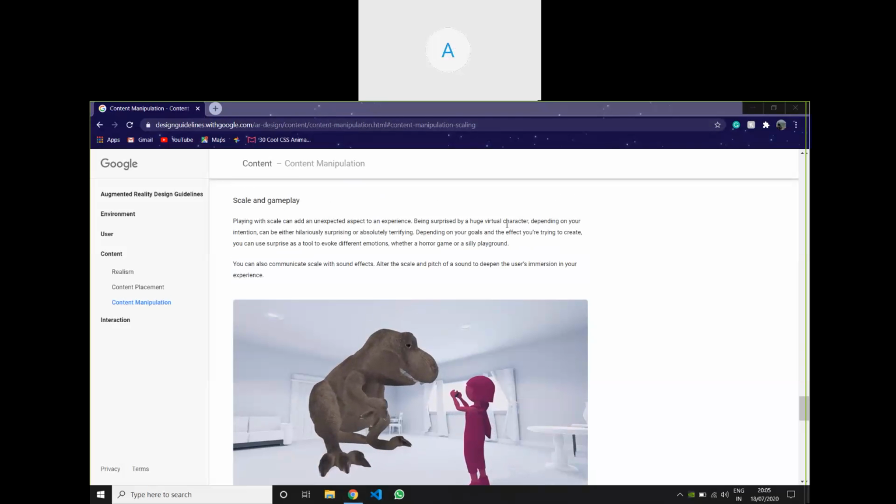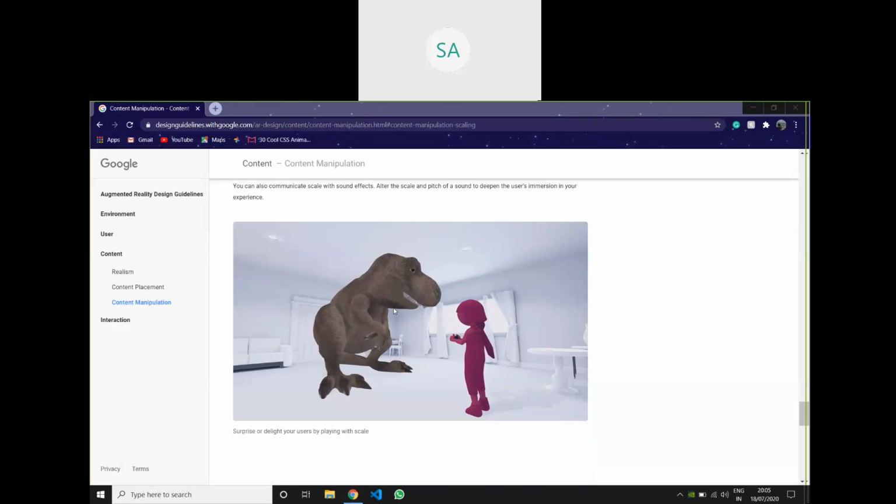Okay. And then the scale and gameplay. If it is a dinosaur or something, depending on the intention, you need to scale it up and scale it down. Sometimes it will be hilarious and sometimes it will be absolutely terrifying. So, based on what we think the user feels is a normal game or a normal user experience, you should scale it in such a way.